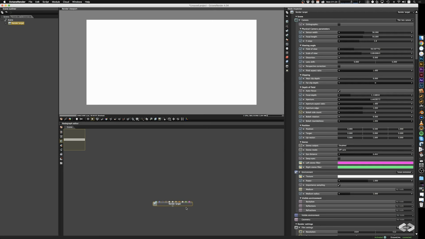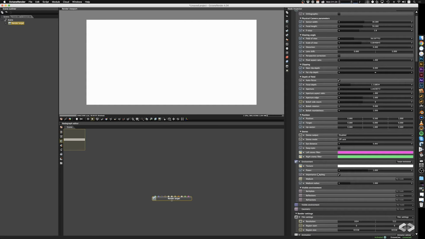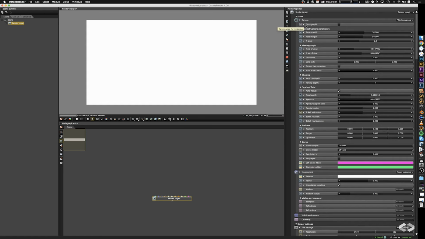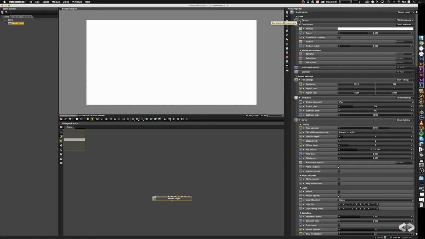What we do have, however, is a variety of inputs here. If you hover over them, you can see what they are. So you have the camera, environment, and all sorts of things. By standard, you have a few basic parameters set already. So you have sensor width, focal length for the camera, viewing angle, depth of field, all sorts of stuff, environment you have here. These are all pertaining to camera here. You see camera, you can minimize or maximize this. Environment, you have texture environment, you also have planetary and daylight environments that have different options,